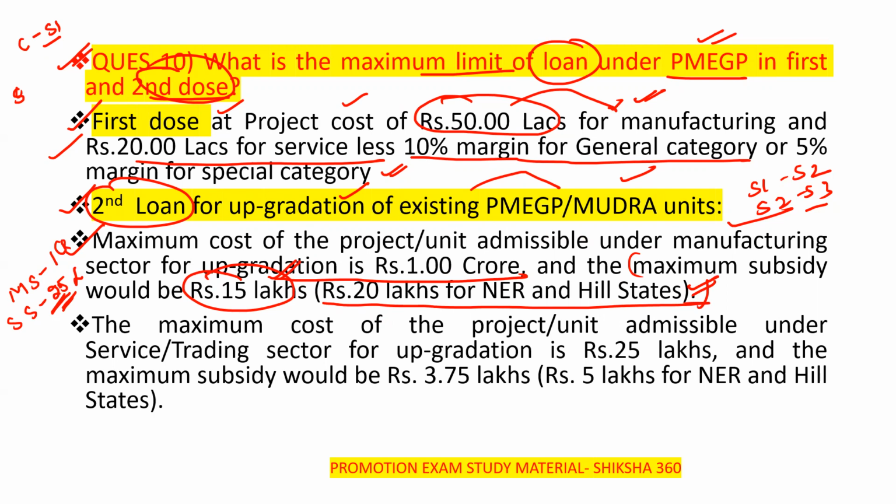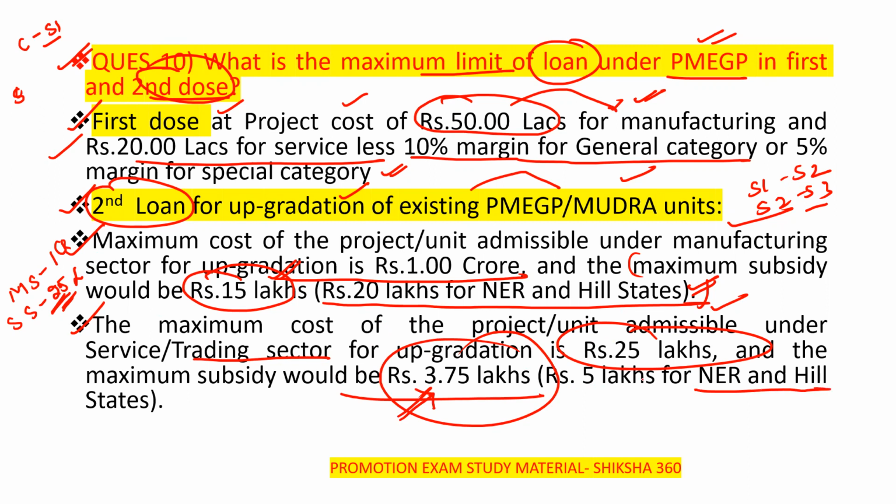Now move to the second point here. The maximum cost of the project or unit admissible under the service and trading sector for the upgradation is to be rupees 25 lakh. And the maximum subsidy here is to be rupees 3.5 lakh. And exceptionally for the northeastern region and the hill states, it is to be rupees 5 lakh. Clear? It is to be rupees 5 lakh. So one thing I will tell you, for the exceptional case, what you have to do